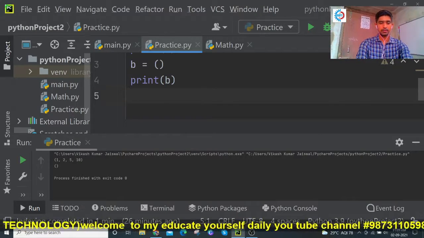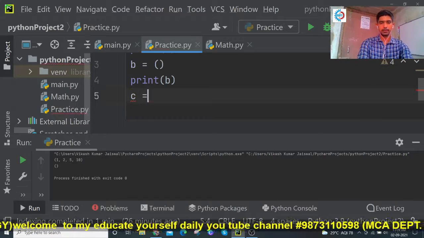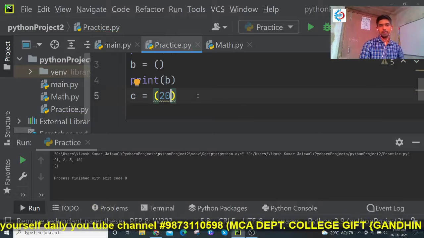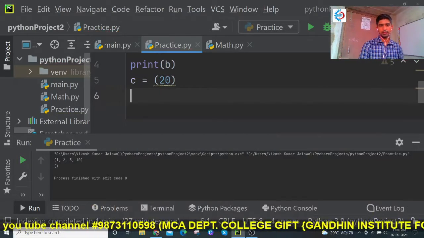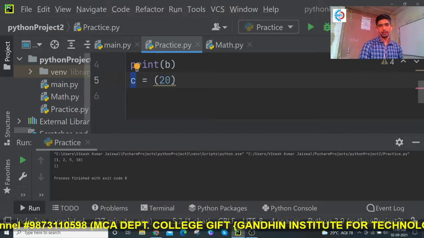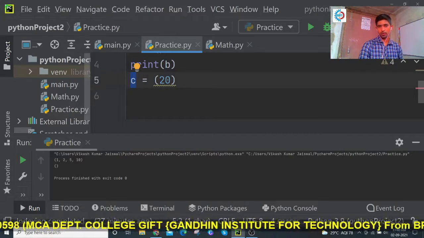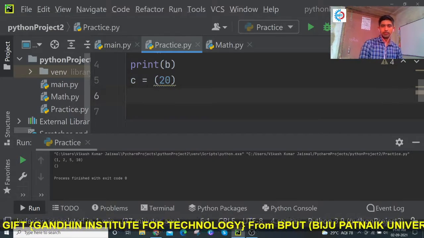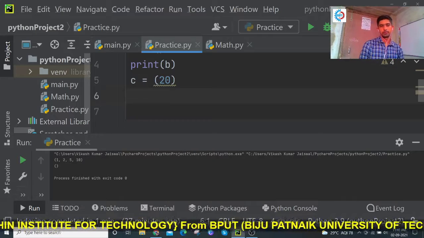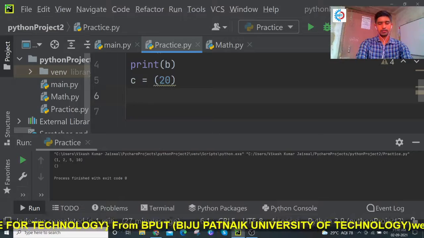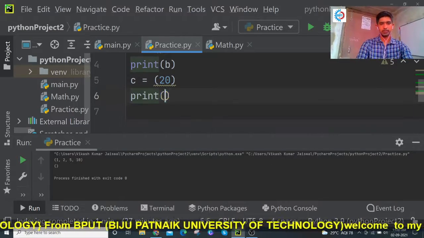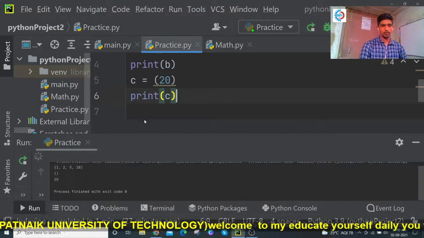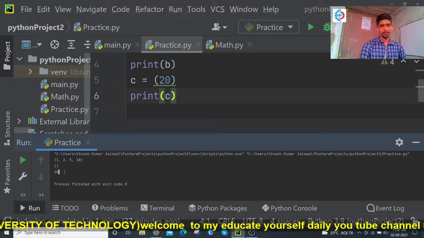Let's suppose my tuple name is C, and I want to store only one value, so I will write 20. But this is not a tuple. Why? Let me check. First I will print C and run this program, and you can see here 20.